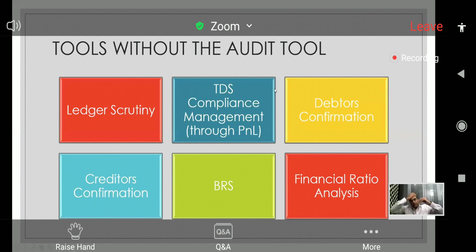So yeah, tools without the audit tool. Though most of us are already using most of these tools, I would just like to again highlight certain things that we can do in Tally without actually going through the audit tool. The basic function that we all, I believe, always use is the ledger scrutiny function.